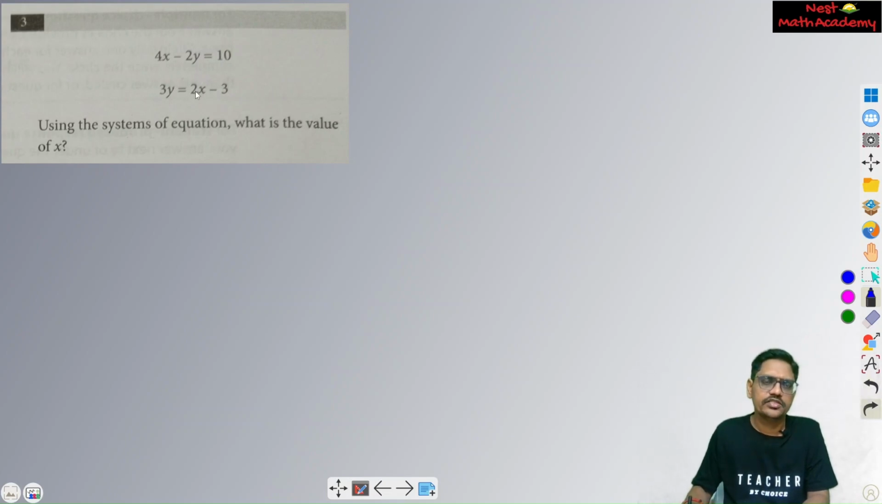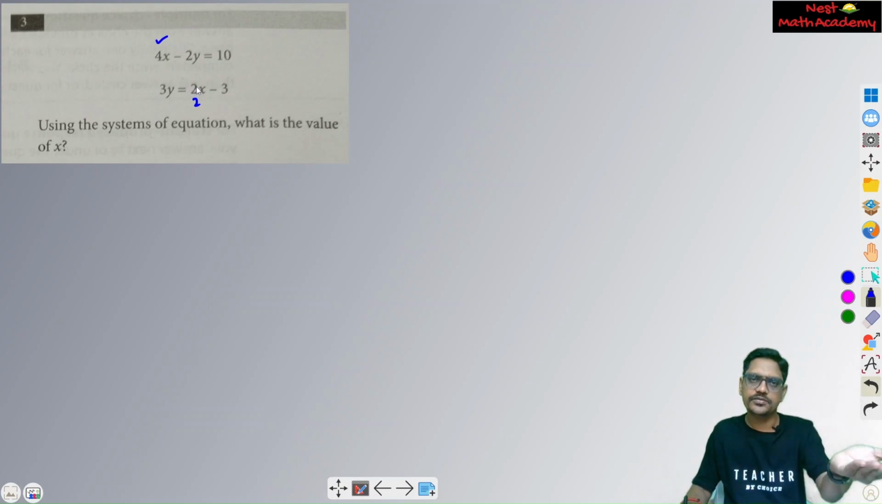Elimination also we can do. We can just multiply this with 2. Then it will become 4x. This is 4x and 4x. Subtract. Then 4x gets cancelled, we get the y value. We can substitute it back and get the x value. We can do that very much as well. But I'm going to use the